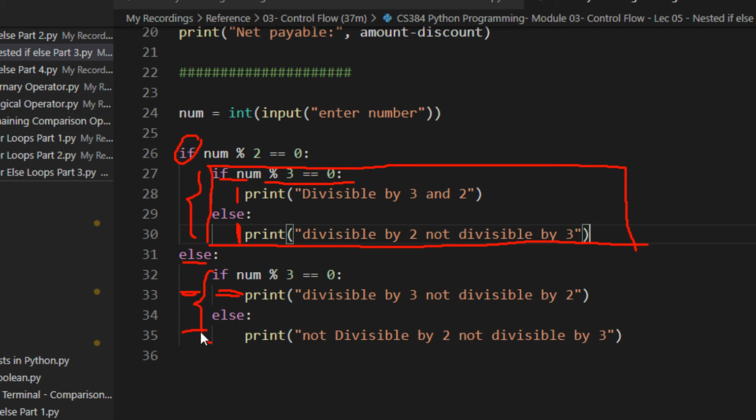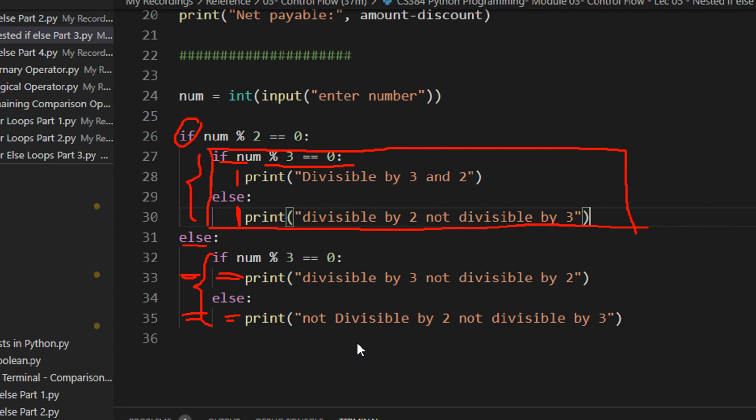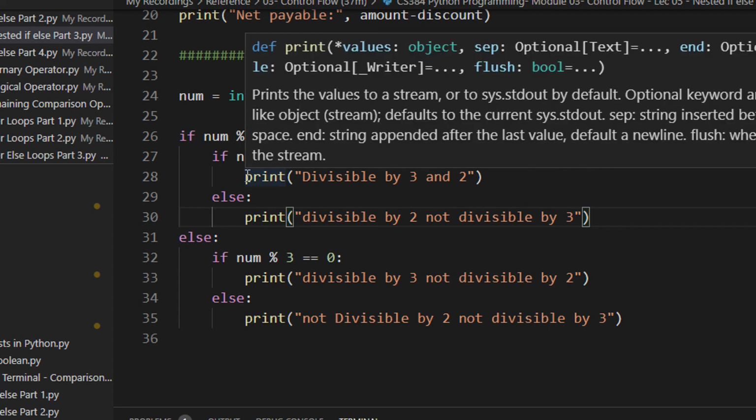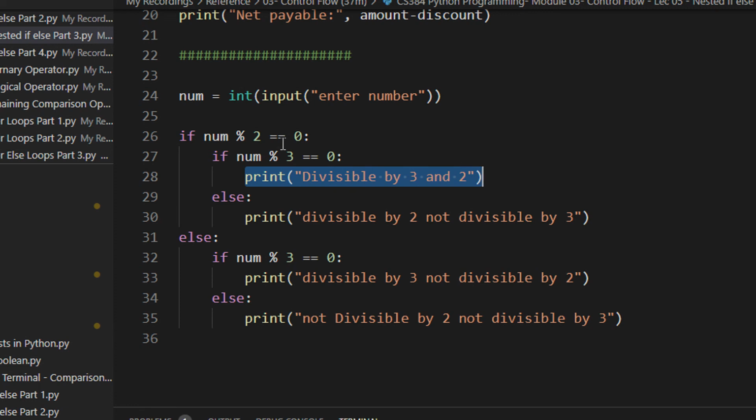Similarly 1 and 2. Okay. So this is a small thing that you have to remember in Python. Like you used in C, you had a for, then a brace, then within that for you are putting another brace. So instead of brace, we are having here indentation. See the double indentation. So this particular print belongs to this as well as this.